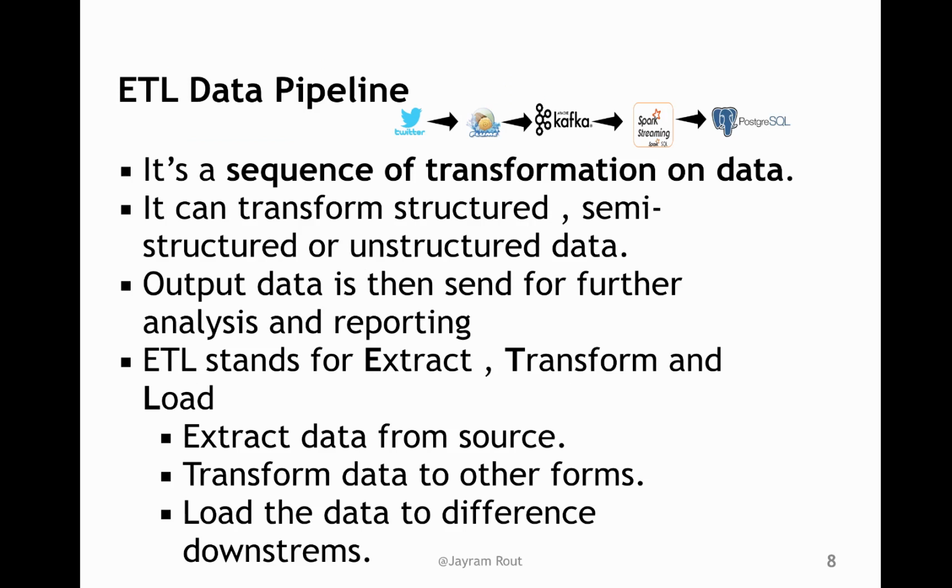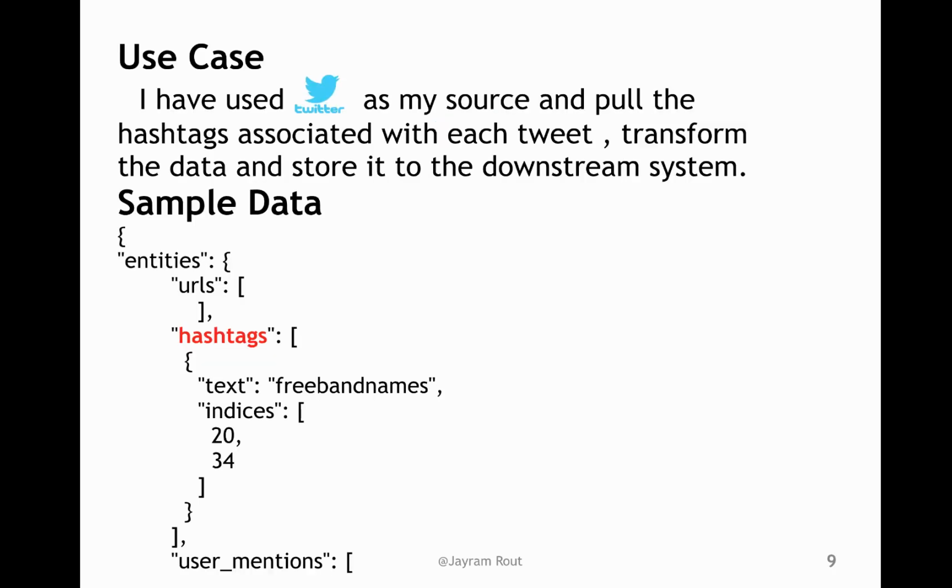The ETL pipeline is very important. It's a sequence of transformations on the data. It can transform structured, semi-structured or unstructured data. Output data is then sent for further analysis and reporting. In my case, I would be using Twitter as my source, which pulls the hashtag associated with each tweet, transforms the data and stores it to the downstream system. This is the sample data, and you can see the hashtag element, which has only one hashtag, which says